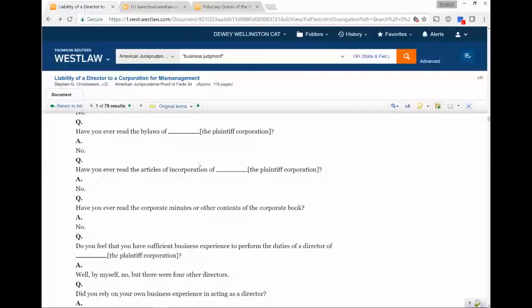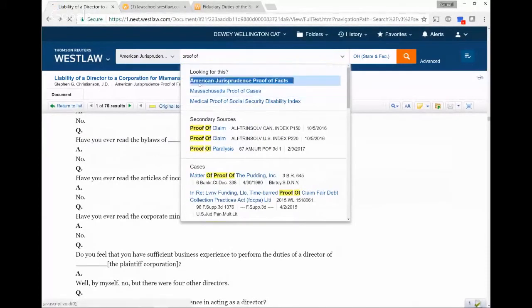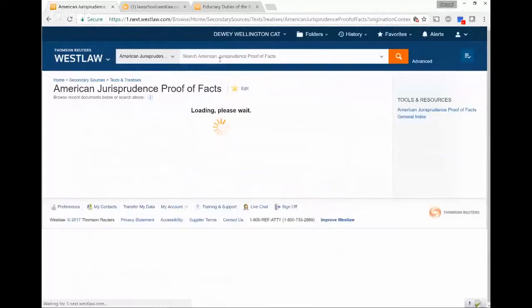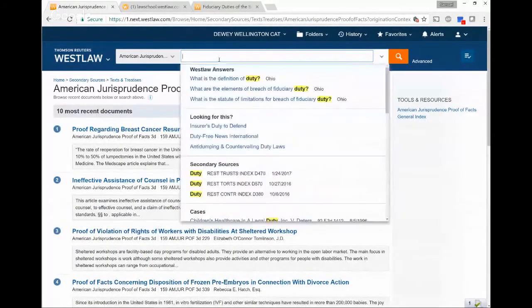So this is about some resources on Practical Law and Westlaw that can help you in your business associations class for particular claims, like liability for breach of the duty of due care from the director of a corporation, breach of business judgment duty. So all those questions and answers came not from my own mind, but actually from a source called Proof of Facts. You can get to it like this, typing it in and clicking on it, and then running a search for the particular thing that you're working on, like, oh, I don't know, duty of business judgment.